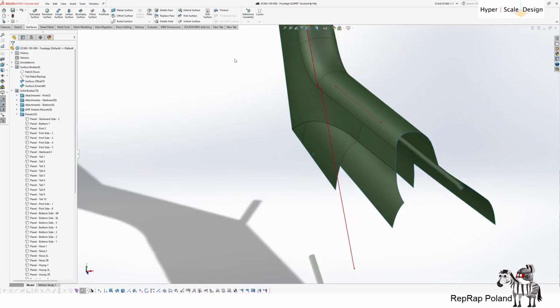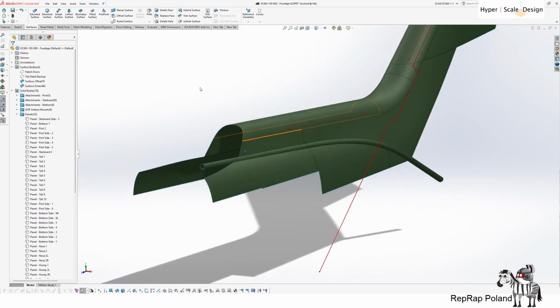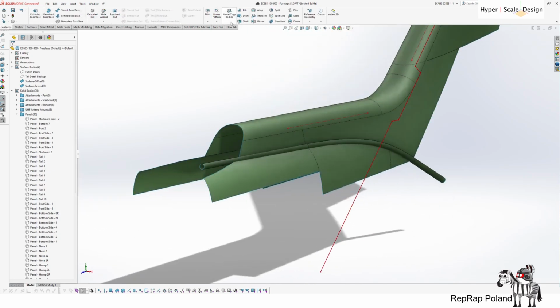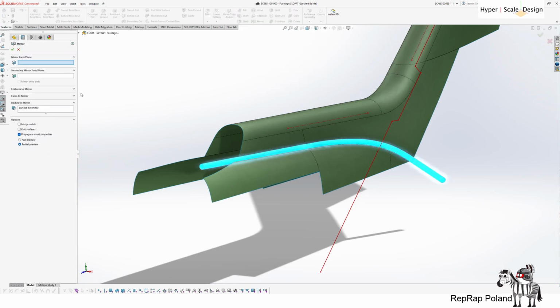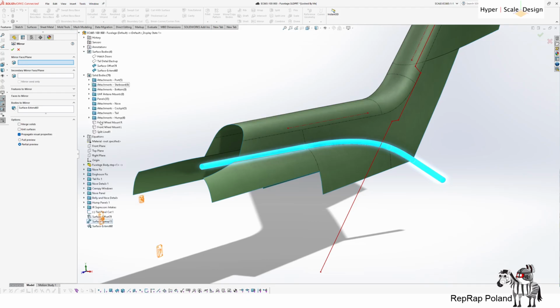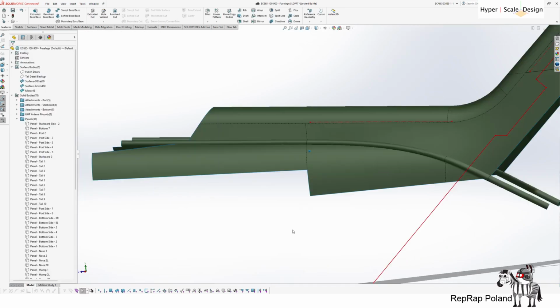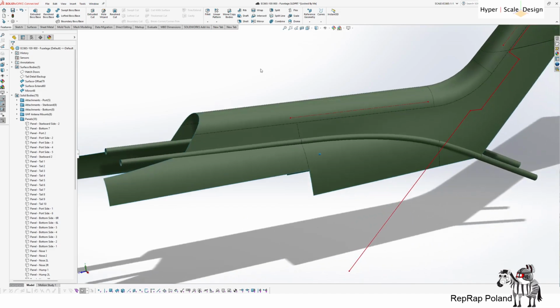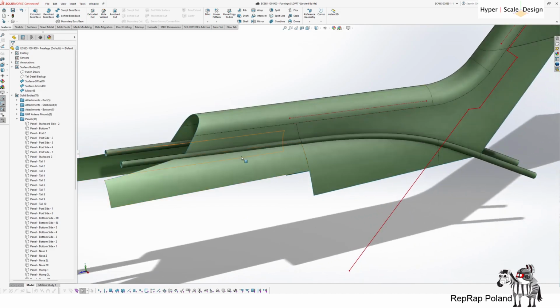Now, because the model is symmetrical, at least in this regard, I will mirror it to the other side. So the mirror tool has been already selected. I'm doing this along the right plane. So now I have two helper tools that I will use to trim the excess that is further than 24 millimeters. So again, surface, trim